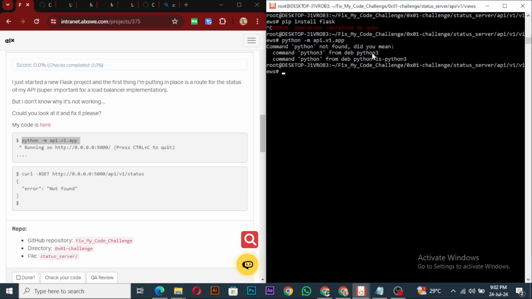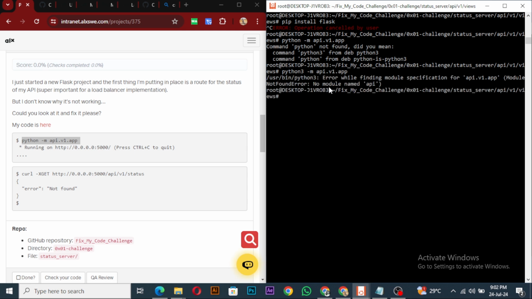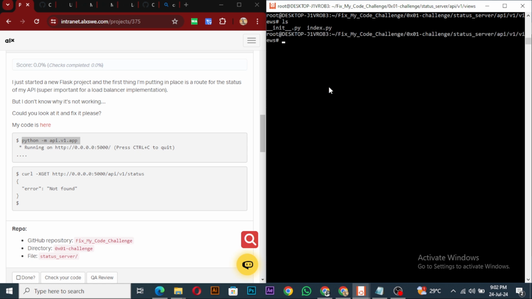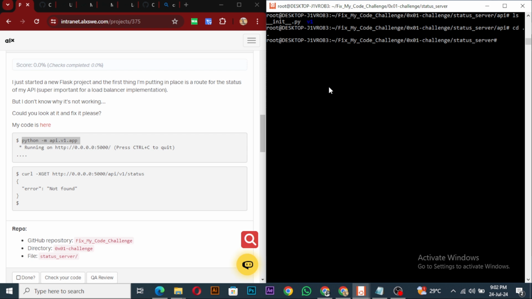Python 3 from that. Oh, we are using Python 3, not just Python. So I'll add Python 3. No module found API. So I think there's something wrong. Or let me see the outside. Go cd. So I'll cd to the root of the status server and try it again. If that doesn't work,